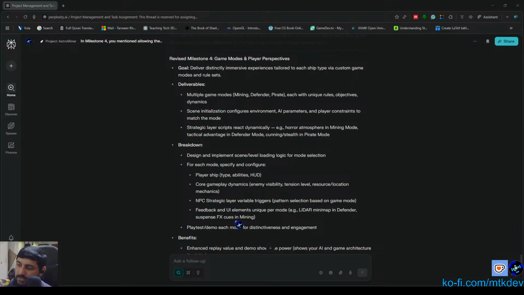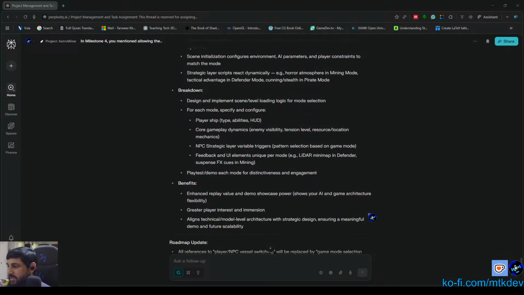So that's the suspense effects and cues, right? And then when the pirates actually start attacking the mining vessel, you could have other cues like an alarm system in the cockpit that starts to flash red to say you are currently under attack or something, right? And that causes almost a little bit of a panic, or makes the player feel a bit flustered, like, I can't really evade this guy, and I need to get back to the base to put my resources down in the